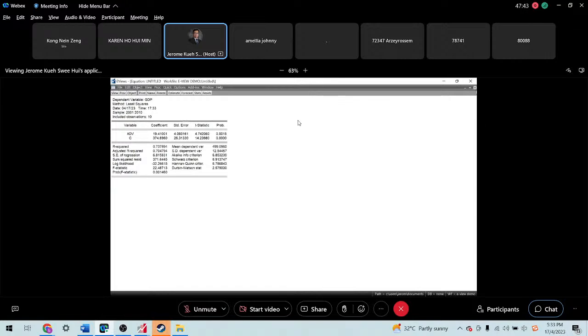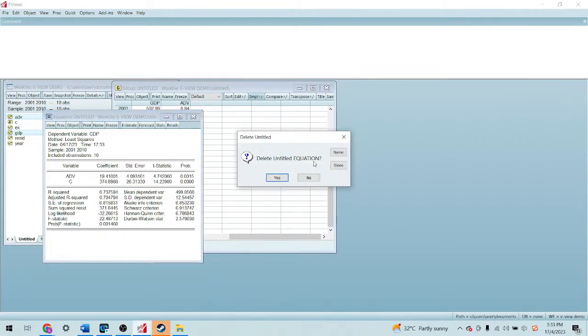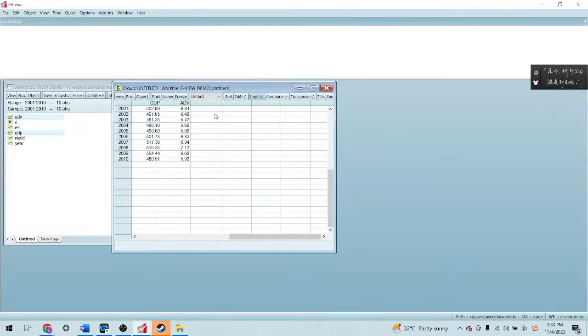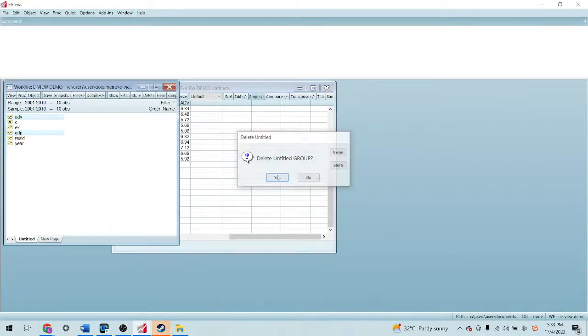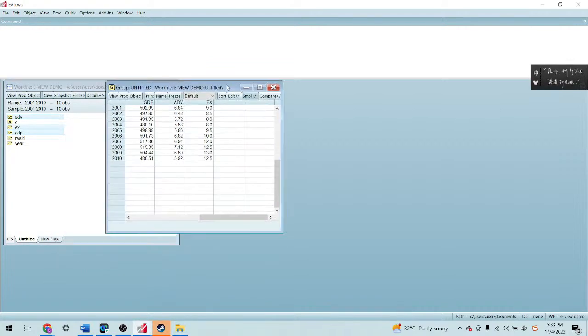So let's say I want to add one more variable. Again, the same case, you can repeat. Click the GDP first, then followed by ADV, and then followed by the EX. You open as a group: GDP, ADV, EX. Then EViews will recognize that the first column here will be your dependent variable, followed by your independent variables.